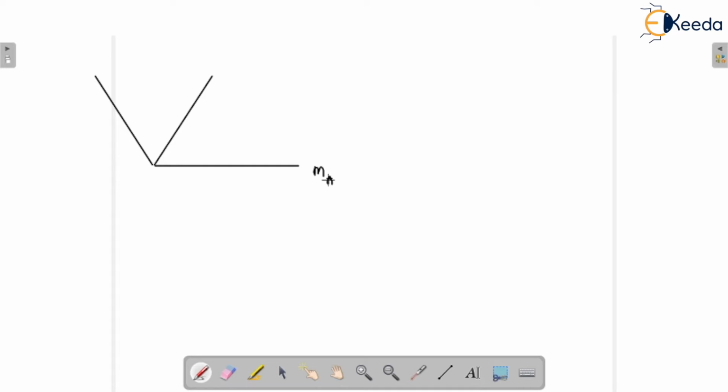So this is MA and this is the mass MB and this is mass MC. And the radial distance is RC and this is RB and this is RA. Now this is horizontal. Let us assume that this is at an angle theta B, and the angle for the mass C is theta C. Remember that angle is measured from the horizontal or the reference. So this is our reference, so angle is measured from this. So this is theta B and this is theta C.